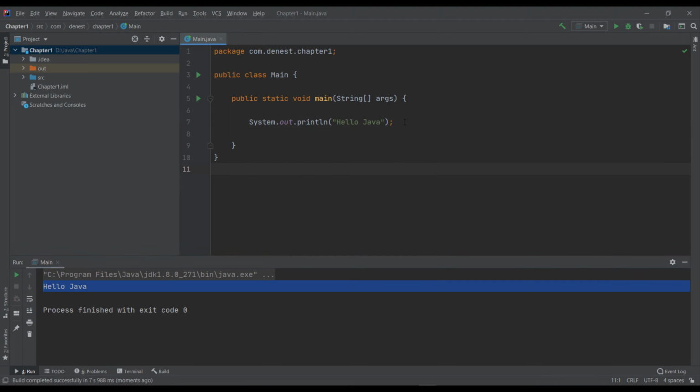This is the code that you should write to print whatever you need to the console. Every statement in Java, every line, will end with a semicolon.